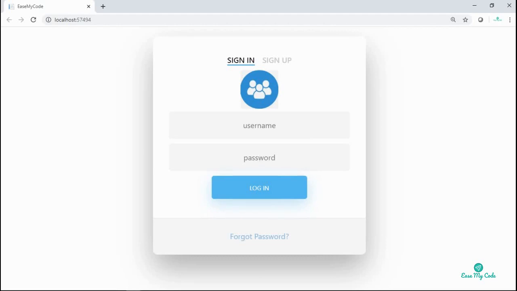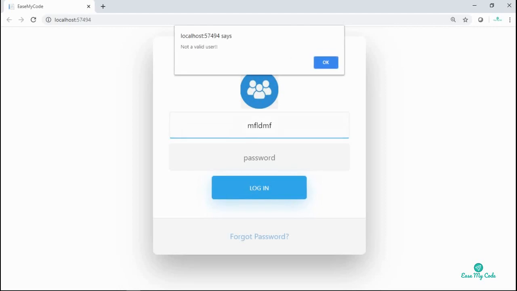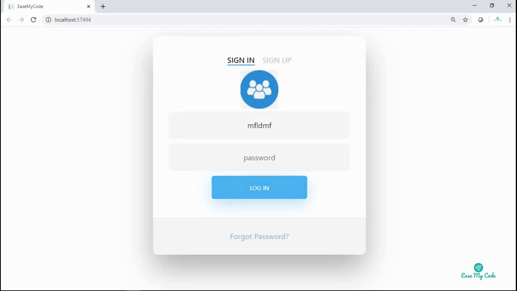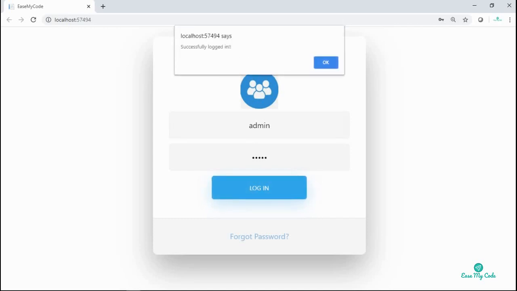So if you can see, we already have the login page, the very basic page and with basic validations. You can add your validations. You can add or modify the screens as per your need. So if I don't enter anything and if I say submit or login here, I will get an error message of not a valid user. If I enter something which is wrong and say login, not a valid user again, and if I enter something which is correct and say login, I'll get successfully logged in.